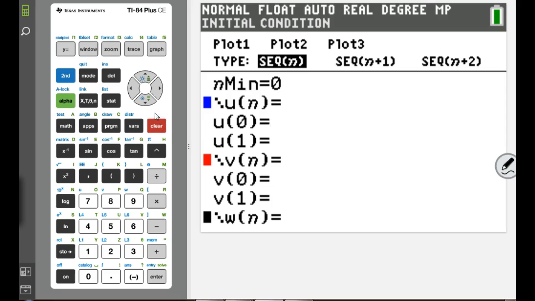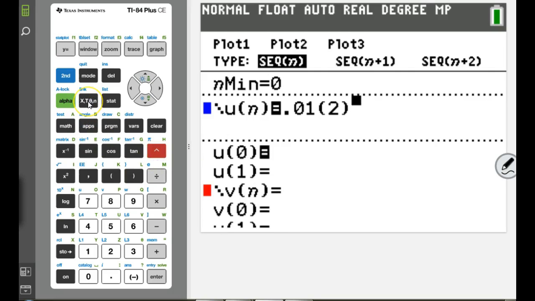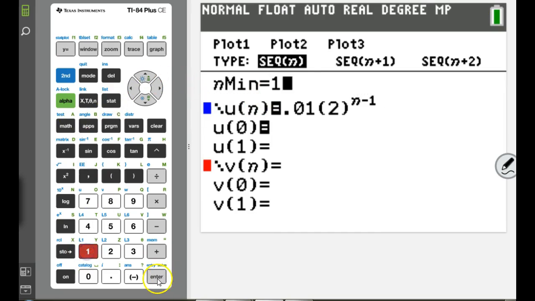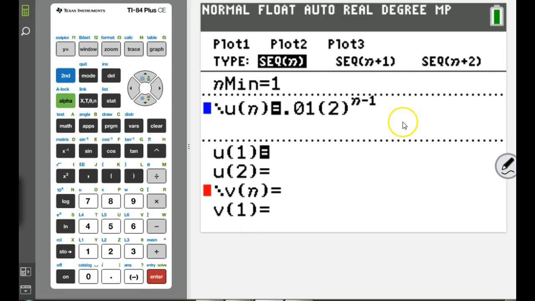Can we just put this one in as explicit? So we don't need to put in a term number. You can leave it 0 or 1. It doesn't matter because we're going to go back up here and put in 0.01 times 2 to the power of, no, we want a formula, n minus 1. Oh, forgot my n. You can change this to 1. It won't matter because we put it in as an explicit formula, so it doesn't matter what the term is. But if we go back up now to the table,